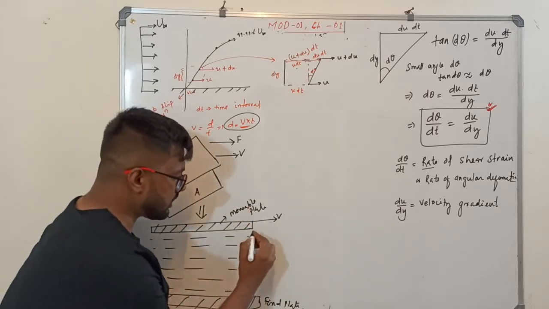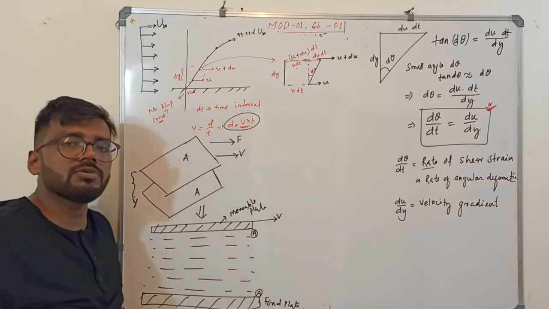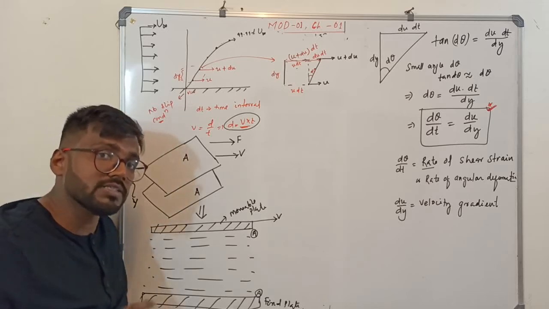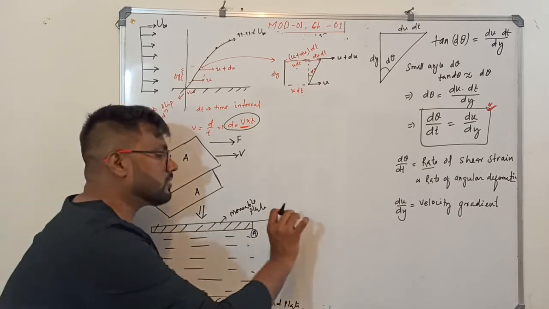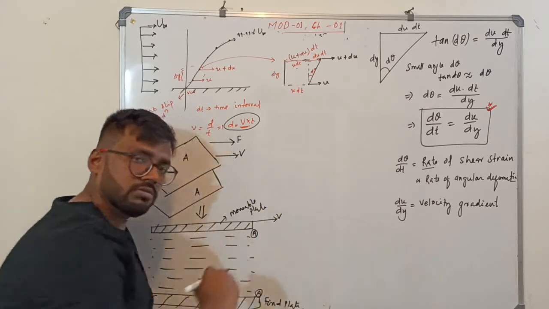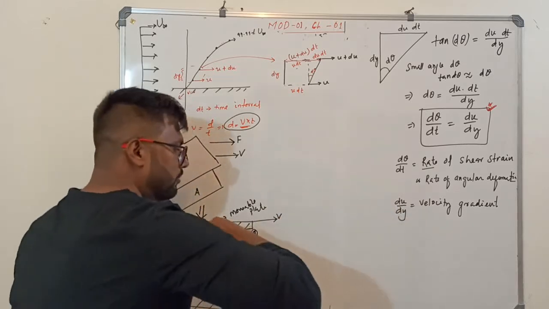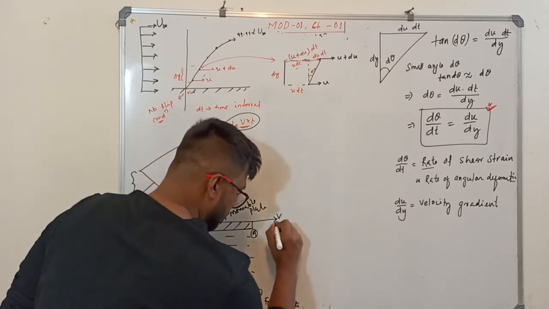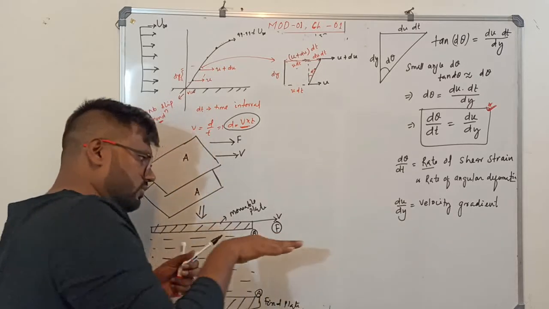What is the cross-sectional area of both the plates? A. That means the area coming in contact with the liquid surface is A. Okay. What is the velocity here? V of the moving plate. The constant velocity v, it is moving. So in order to move at velocity v, you need a force or not? You are pulling it, and this plate is moving at a velocity v. Let's say that force is F. So which kind of force is this? Shear force. Why shear? It's a tangential force.